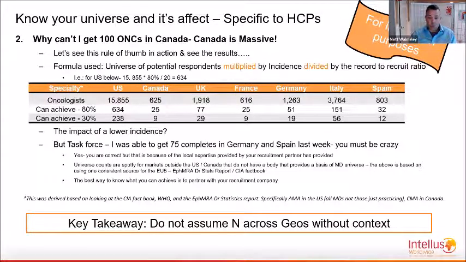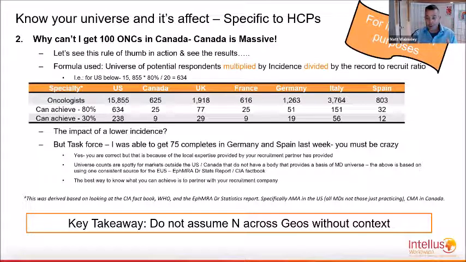But looking at the actual numbers based on the universe available, you'll see that getting 100 oncs in Canada is a pipe dream, given the low universe available to sample against after applying your incidence and the 20-to-1 rule. To further compound the sample size issue, look at what a lower incidence does as well. You go from a sample of 25 to only 9 possible at the lower incidence. I know selling a quant study to your stakeholders with a sample size of 9 completes could be a tough sell,